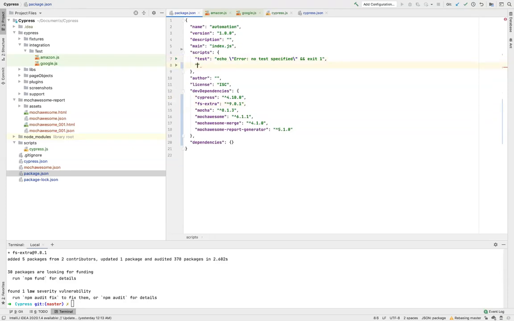You can name it anything; I'm naming it execute. You need to call node and give the location of this file, which for me is scripts/cypress.js.